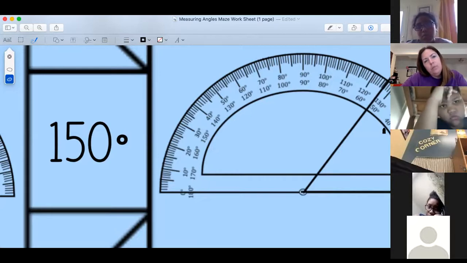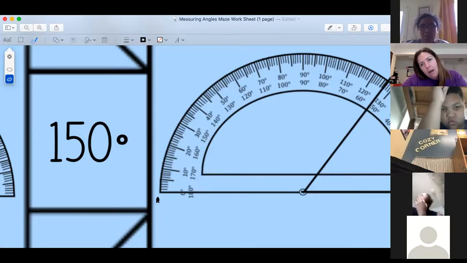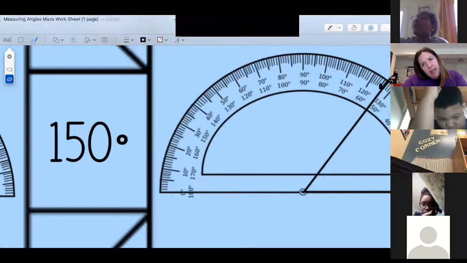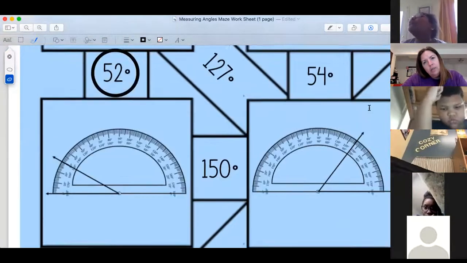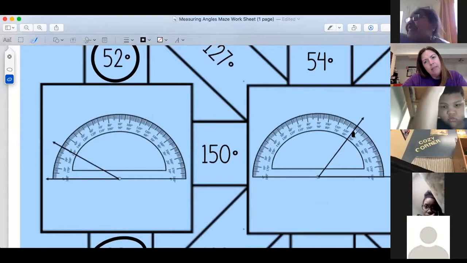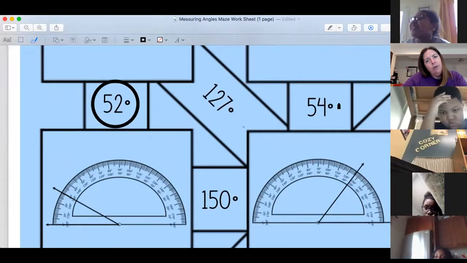125 degrees. Okay, so 130. I'm going to ask if you think that makes sense. If we know that an acute angle is little, it's less than 90 degrees, what would make more sense for the measurement to be? 50. Yeah, close to 50. It's somewhere between 50 and that 55 mark. 45. Let's see. If it was past 50 but not to 60 yet, we're probably looking at